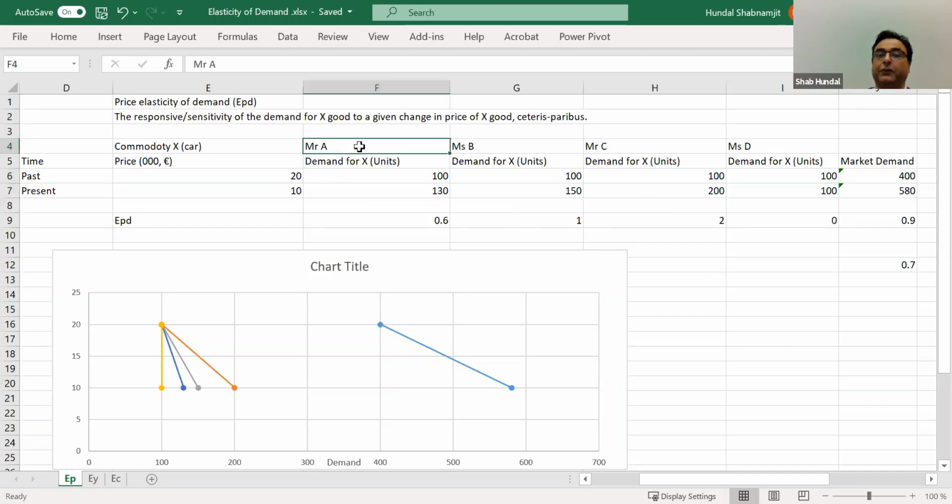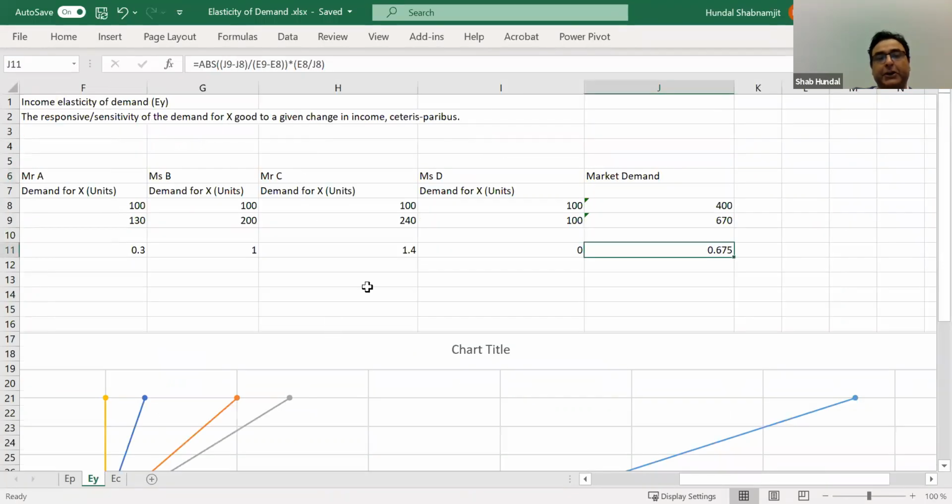So whatever is true for individuals can also be true for the corporates. In economics, we have two types of individuals: the living beings and the corporate beings. So companies are also considered as beings in economics and business. So here, the main thing is that you see the price of car and the demand for car, because I'm considering price elasticity of demand. Here, you become richer and you consume more cars because your income has gone up.